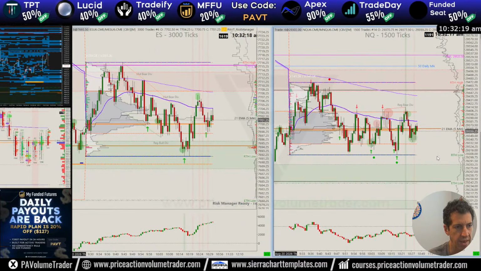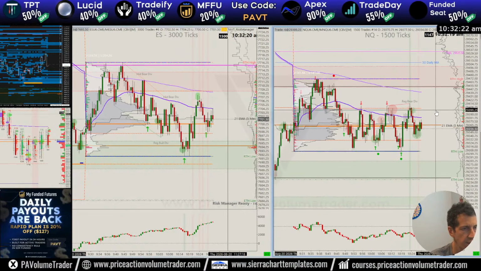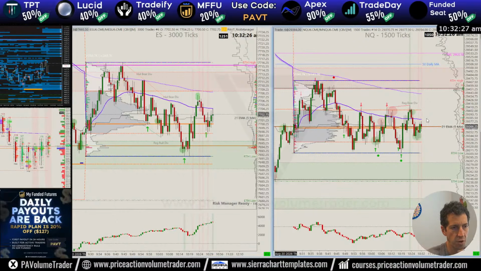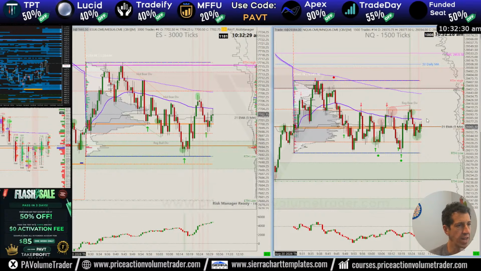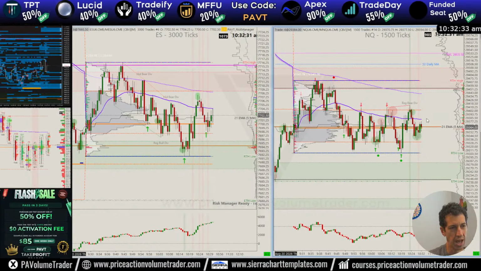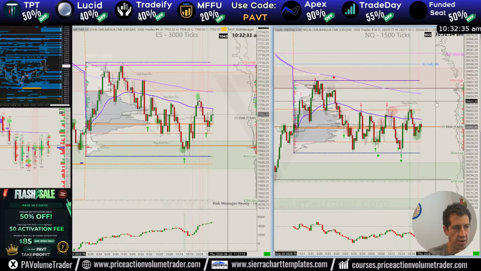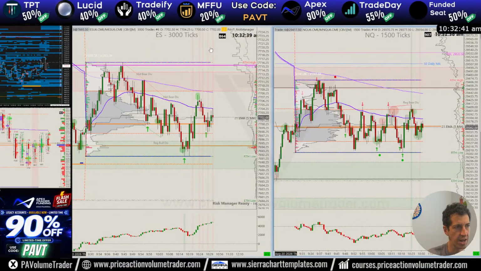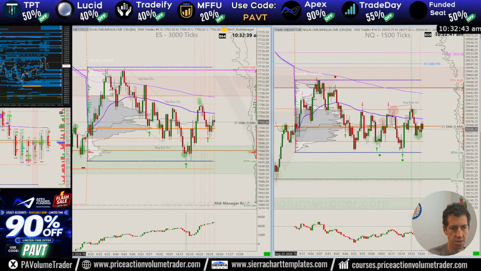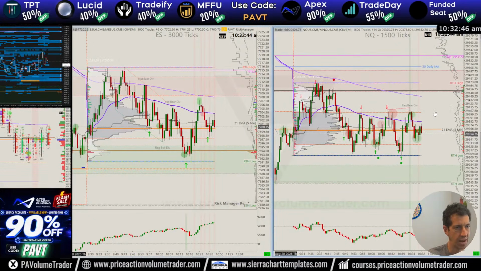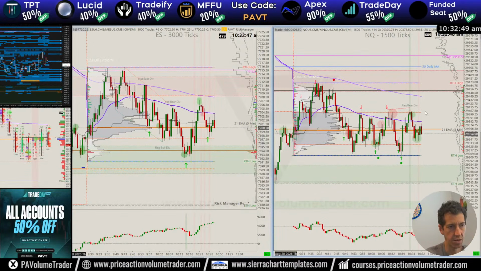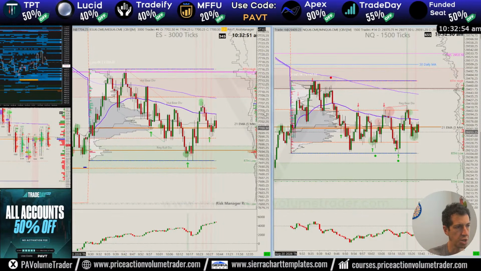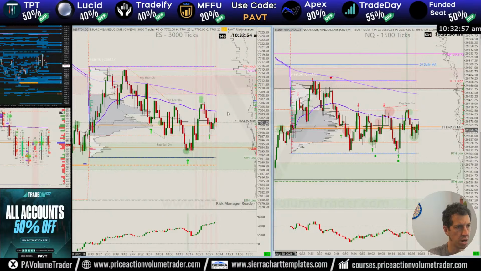I will probably pick up a couple more Take Profit Trader accounts before the 50% sale's over. And then for September, I really want to start loading up on more accounts. July, August is seasonally a very low volume time for trading. I generally don't trade a ton in August. But I'm sure for September, we're probably going to get some really good prop firm deals again as well. And I'll look to start getting into a lot more accounts in September.